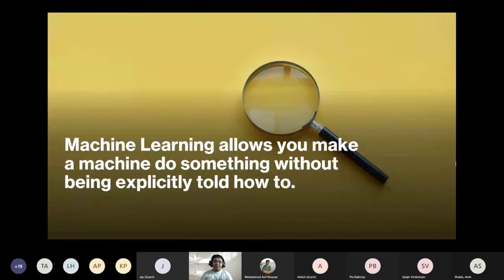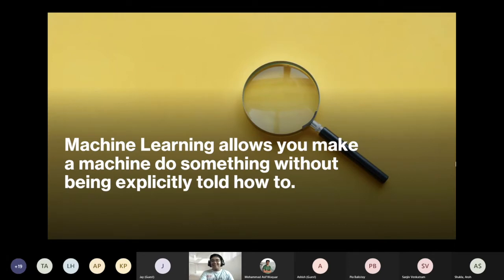Instead of being told how to do something, we let the machine learn it by itself, given examples and experience. Learning algorithms are what we use to help the machine learn from those examples and do things without being explicitly told how to. I think the session will be quick.